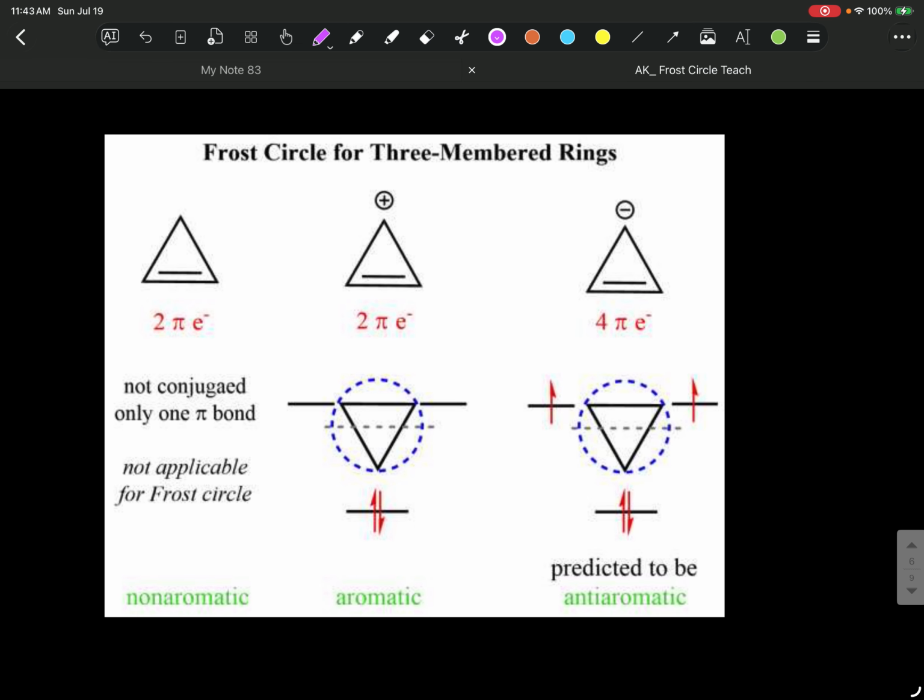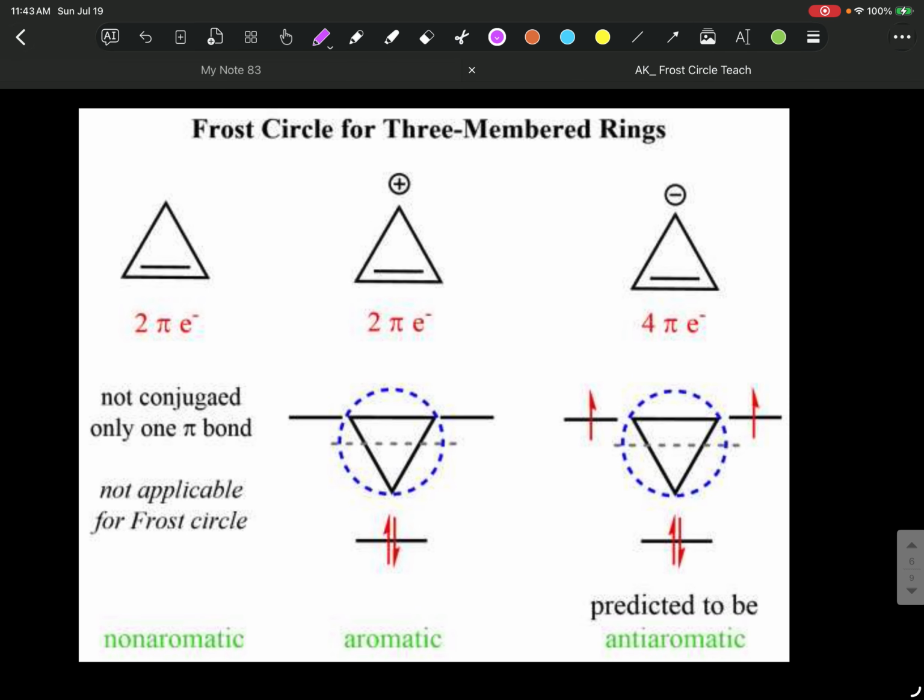Now for the Frost circles, we can take a few more examples. If you were to look at a 3-membered ring right now, there are 3 options here. We have 1 double bond and there is no charge on the third one. We have 1 double bond with a positive charge on the third carbon, and 1 double bond and a negative charge on the third carbon. So if you look at the number of pi electrons, we see that there are 2 pi electrons in the first one and 2 pi electrons in the second one,